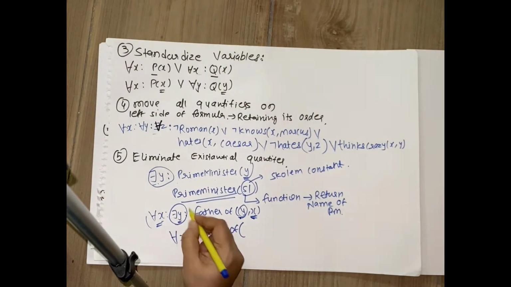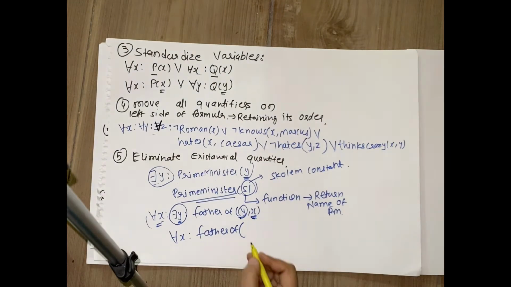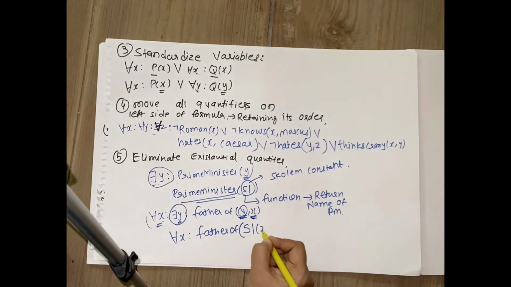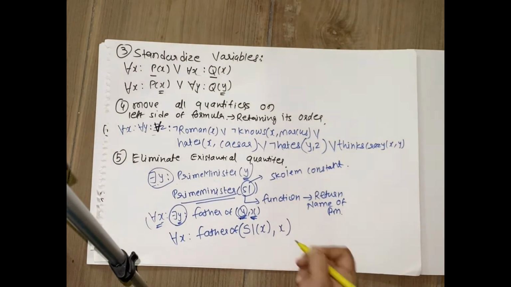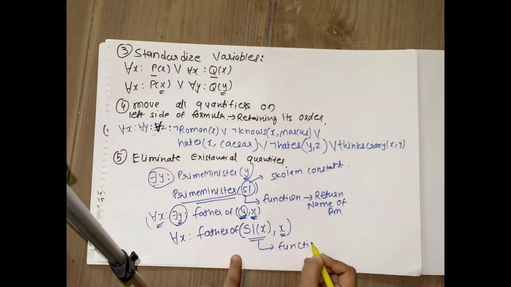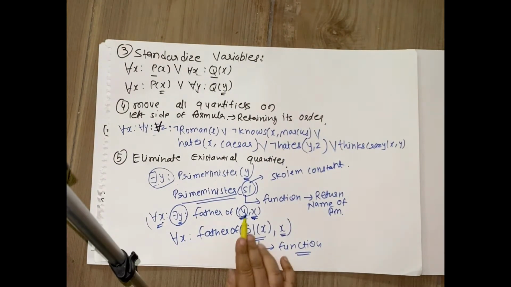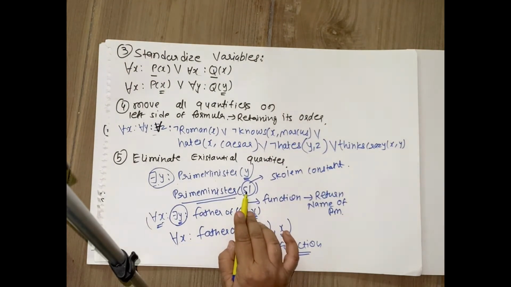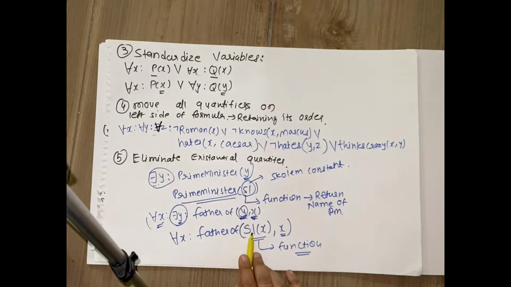Now the existential quantifier is eliminated, but how are you going to get this value? Instead of y, now you are going to write S1 in bracket x, and x over here is as it is. So for all x, for the specific value of x, the value of y is going to be retrieved by a function once again. But as the value of y depends on the value of x, I cannot use a constant here, which is going to provide you a direct value. Now what you are using is a function which will take an argument. Are you getting the difference over here?